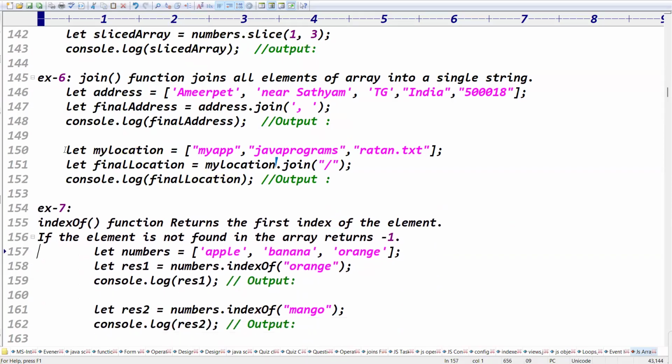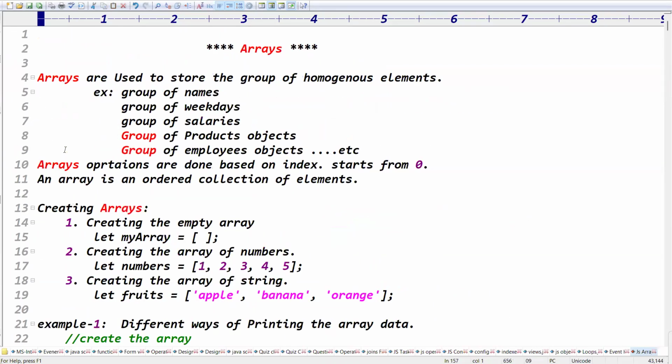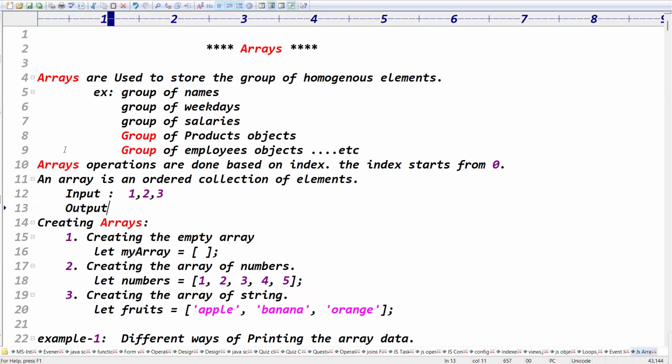Sixth example done. Okay, seventh example is indexOf. First I asked to write some points. Arrays are used to store a group of homogeneous elements. Array operations are done based on index. Index starts from 0. Input 1, 2, 3. Output is also